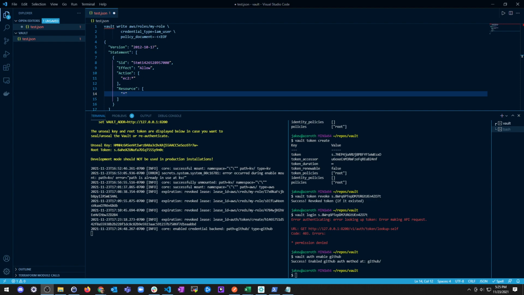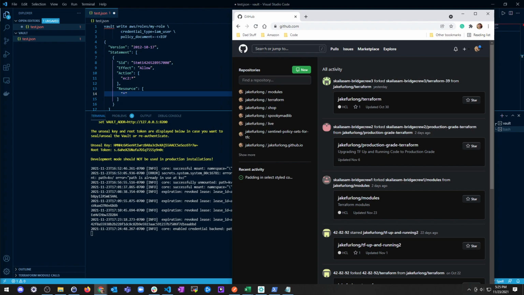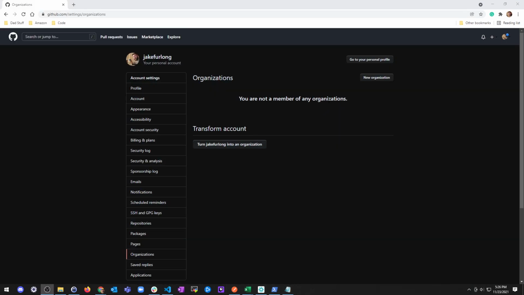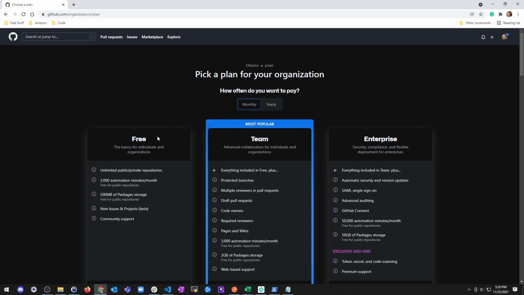So we can set the org for the GitHub like this. We can say vault write auth/github/config organization equals, what is my GitHub organization name? I think it's just my name. Double checking. Let's double check. All right, so in my settings, I do not have an organization. I can try to make one, but if you do,